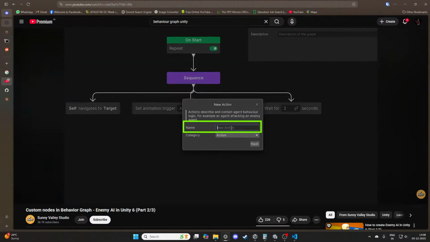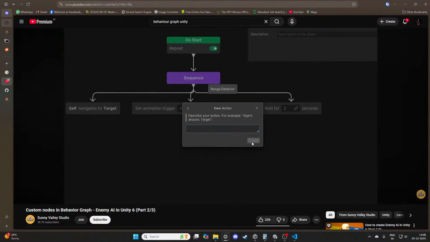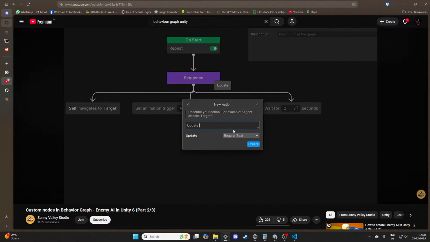First, we need to give it a name, which is basically a name of a script. Let's call it range detector. Let's select category to be action, and let's click next. Now we need to describe what we want to do inside this node. Let's call it update range detector